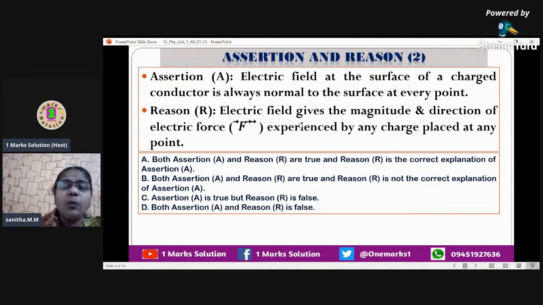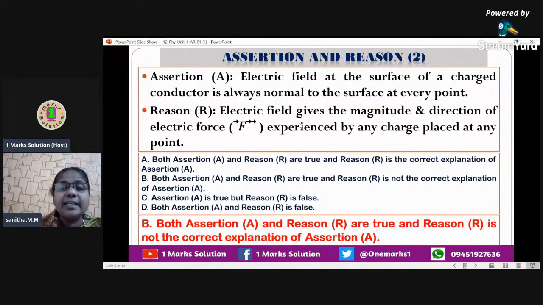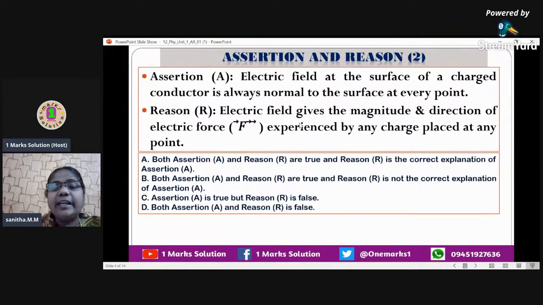Now, what is the reason behind they are giving? Electric field gives the magnitude and direction of the electric force experienced by any charge placed at any point. Can we say this is the correct explanation? No. We have to say some other explanation. What will be the explanation here? We can say the explanation here is: electric field at the surface of a charged conductor is always normal. But if it is not